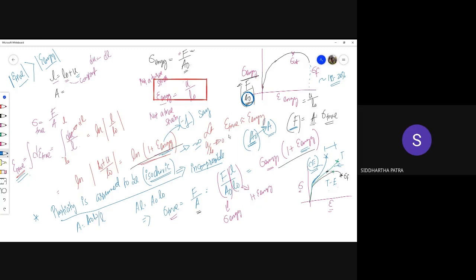One more thing I want to add about proof stress. I didn't mention proof stress. You see, for most ductile materials, which are not like mild steel, which are not distinctly showing a yield point, it is very difficult to identify one. And how do you identify it? Yield point is supposed to be the point where the plastic deformation starts, which also means yield point is the highest stress value where the plastic strain is 0.